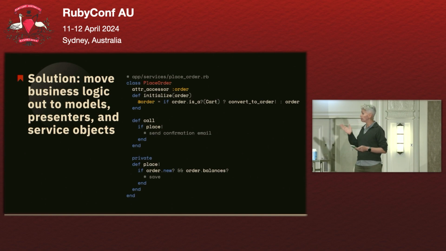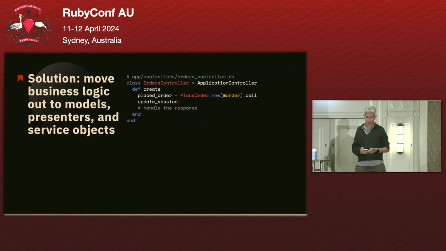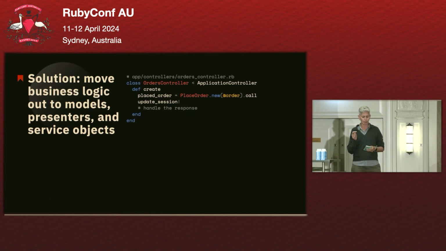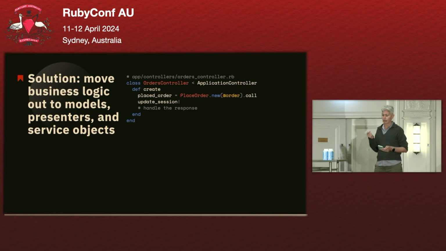So it's going to be a lot easier to write functional or unit tests for this object rather than in a controller. Now, in that case, if we look at the same controller again, what I did is I just instantiated a place order service object. I pass in the order, and I call